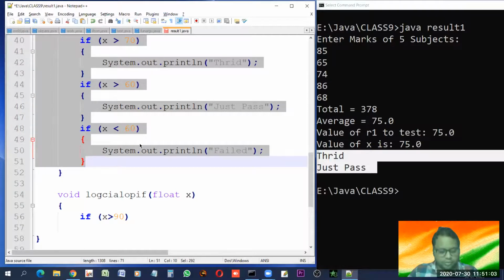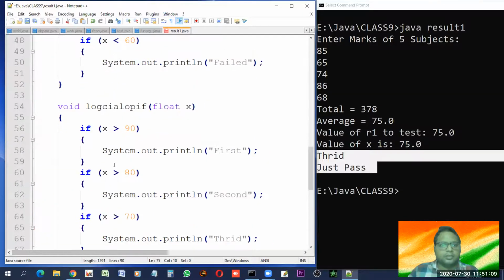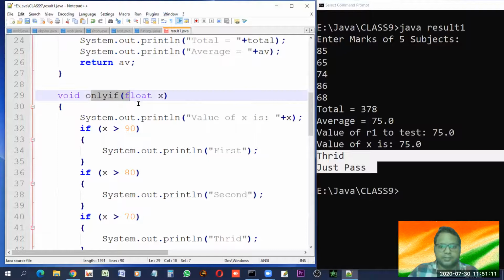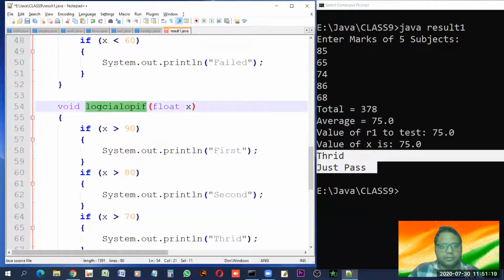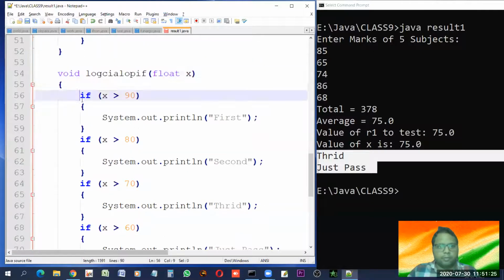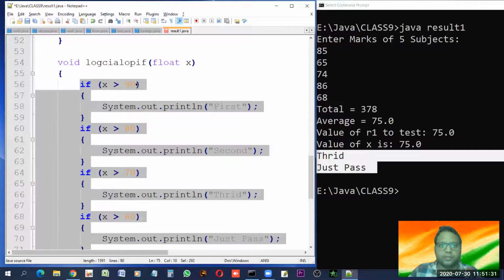And since this code is already well set, now see that only if is another function which is working like this. You see it failed while displaying the result properly. Now I'm making another function with the help of logical operator. We'll see the use of logical operator here, another function. And I've copied the same code here, but we'll make changes in it. And you can also see how we can transform it.